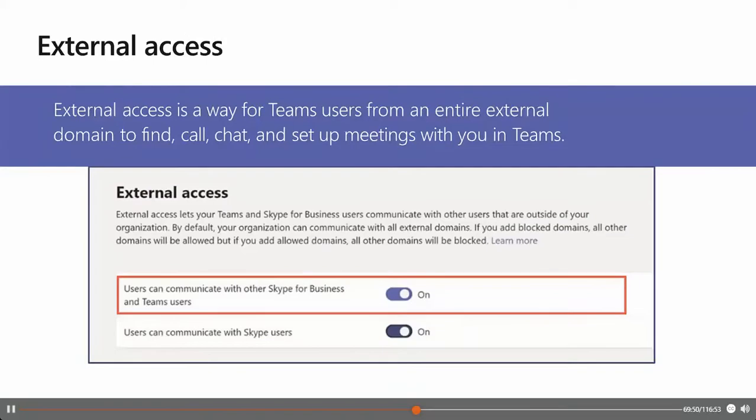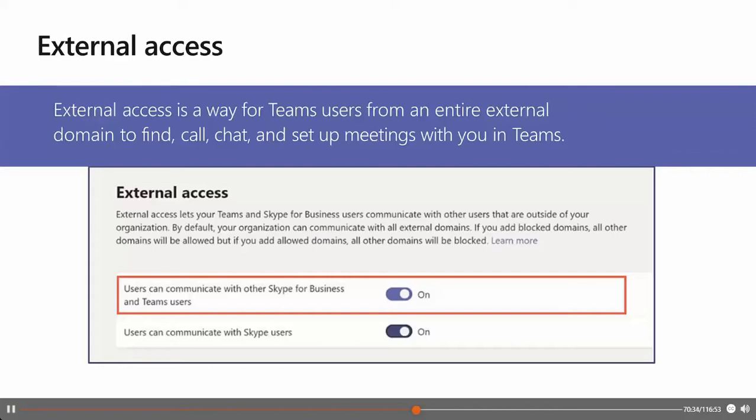With Microsoft Teams External Access, Teams users from other domains can participate in your chats and calls. You can also allow other external users who are still using Skype for Business Online or Skype for Business Server. You use external access when, for example, you have users in different domains in your business, for example Rob at contoso.com and Anne at northwindtraders.com, or you want the people in your organization to use Teams to contact people in specific businesses outside of your organization. Or the third point is you want anyone else in the world who uses Teams to be able to find and contact you using your email address.